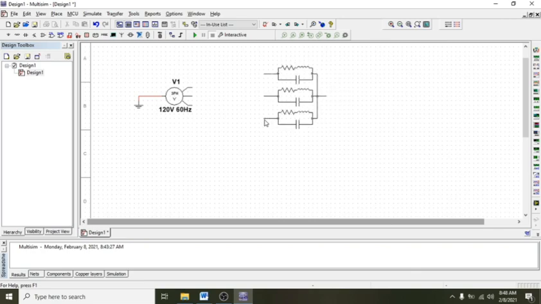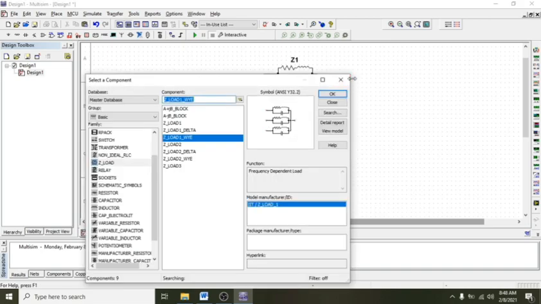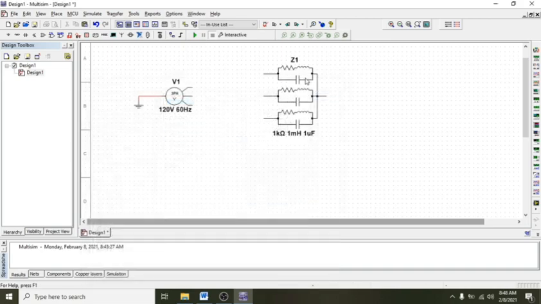So this is for this load, the balanced Y connected load. It is composed of three elements. We have the resistor in series with the inductor, and it is connected in parallel with the capacitor. The values are given as 1 kilo ohms for the resistor, 1 millihenry, 1 microfarad